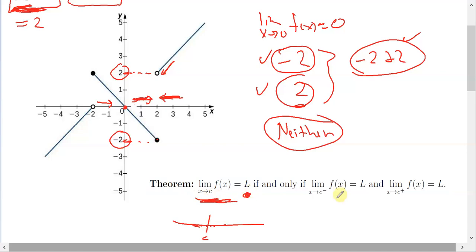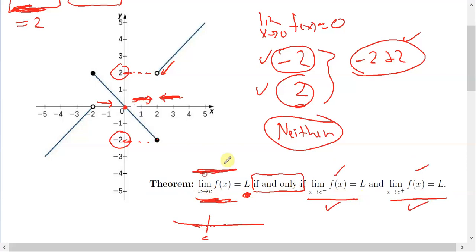only equals L if both the left and right hand limits equal L. And now this says if and only if, which means it's equivalent. It says if my limit is L, then both of these are also L, and if both of these are L, then my other limit, the actual two-sided limit, is L. So if and only if means equivalent statement. So going back up here,